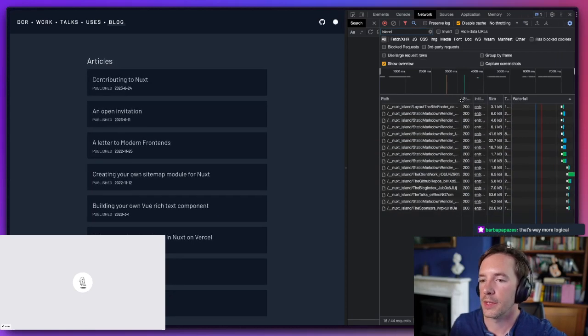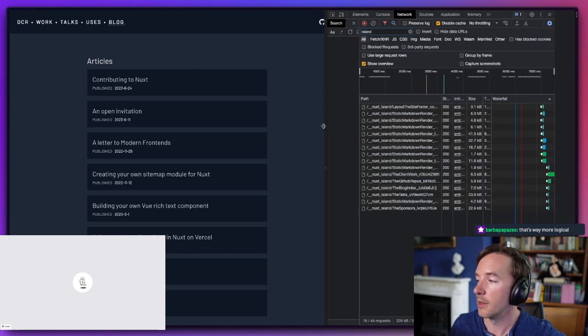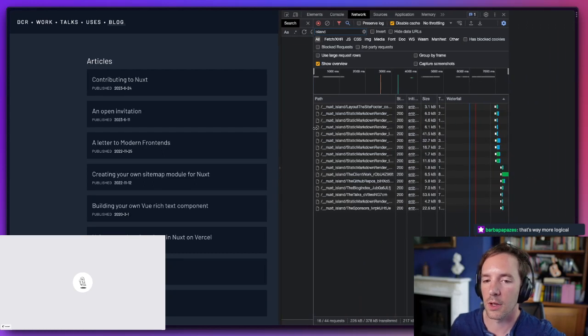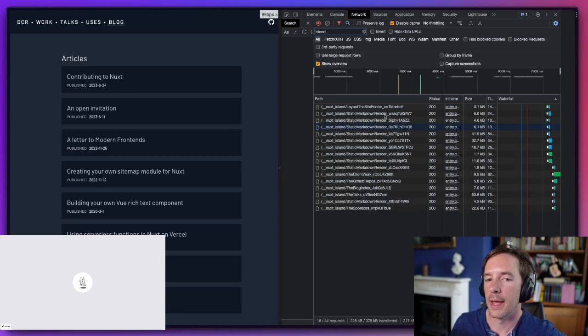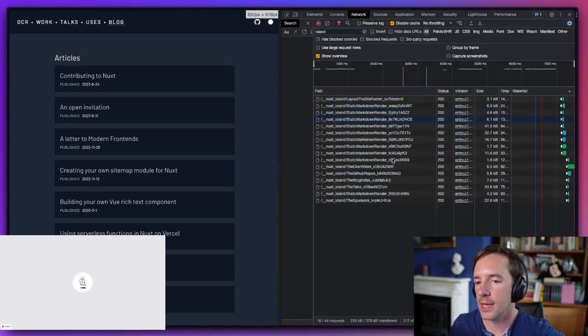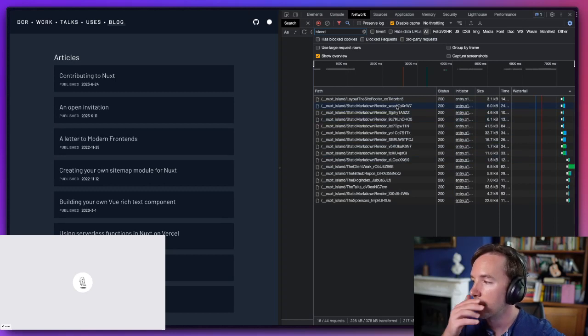And so I have this server component called static markdown render, which is responsible for rendering HTML. It's based on a Nuxt content component called markdown render. And basically each of these pages has a unique hash corresponding to the prop that I'm passing, which is just